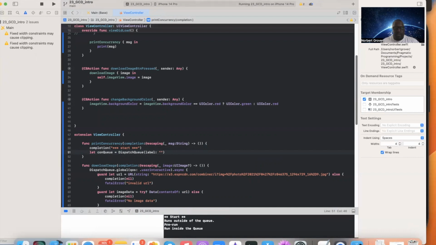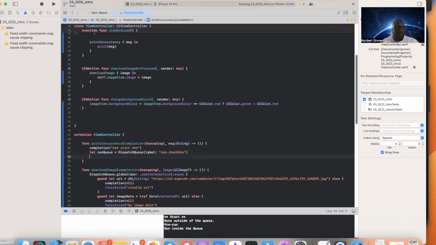We're gonna say check dot check. Okay, that's just a name I gave it, just to differentiate it. The label is a unique identifier for a dispatch queue. That's it, nothing more. So you have that, and then we're gonna say